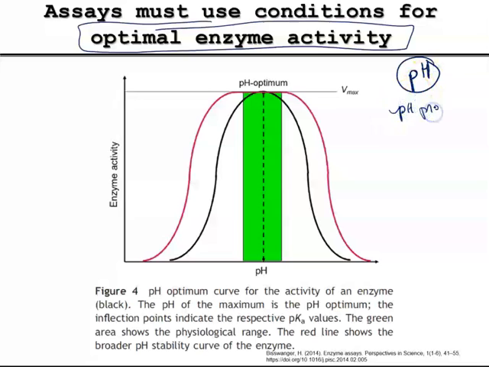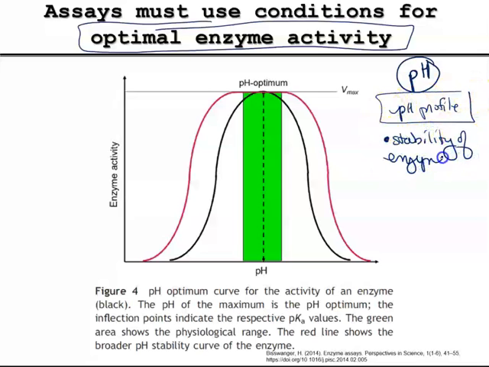And the pH profile of the enzyme shows you some good information, right? It shows you stability of the enzyme, right? So this shows you basically the ranges at which you maintain